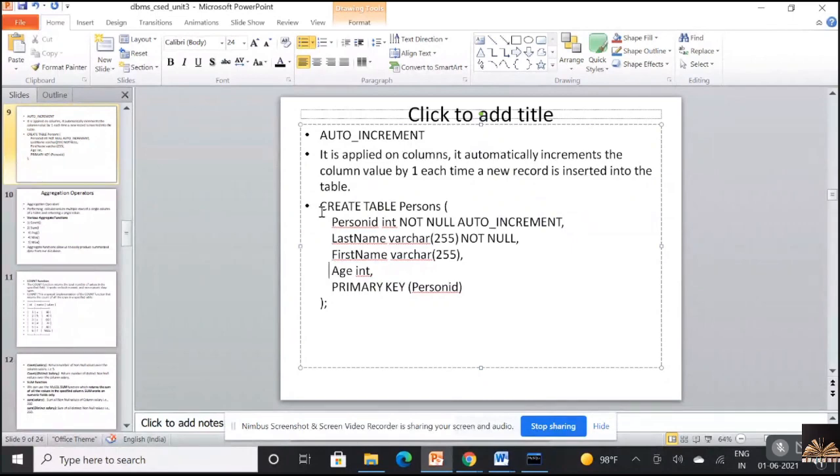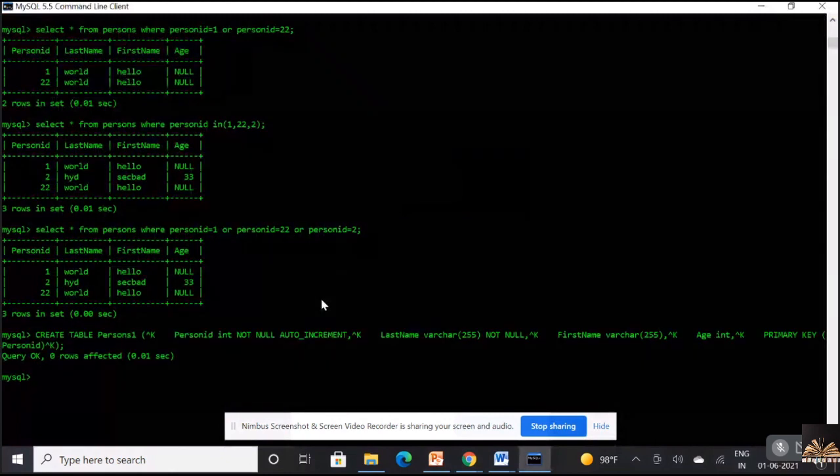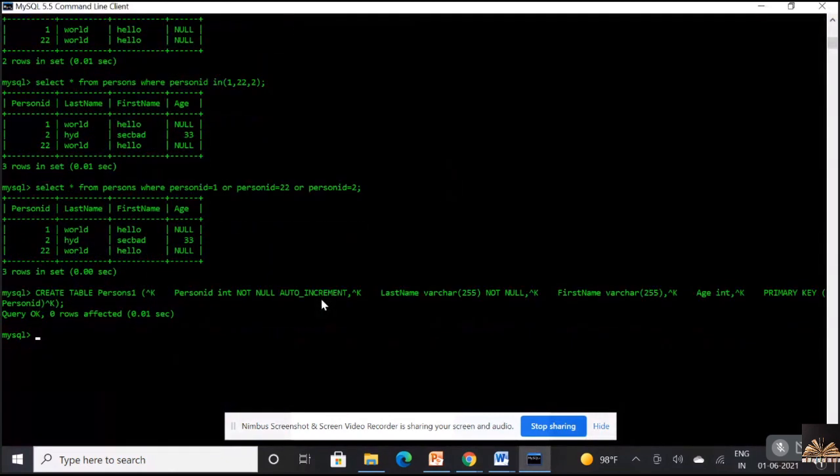Now, I'll create the same table. I'll name this persons 1 because the persons table already exists. Now I'm going to create the same table using the concept of auto increment. Okay, the table is created.